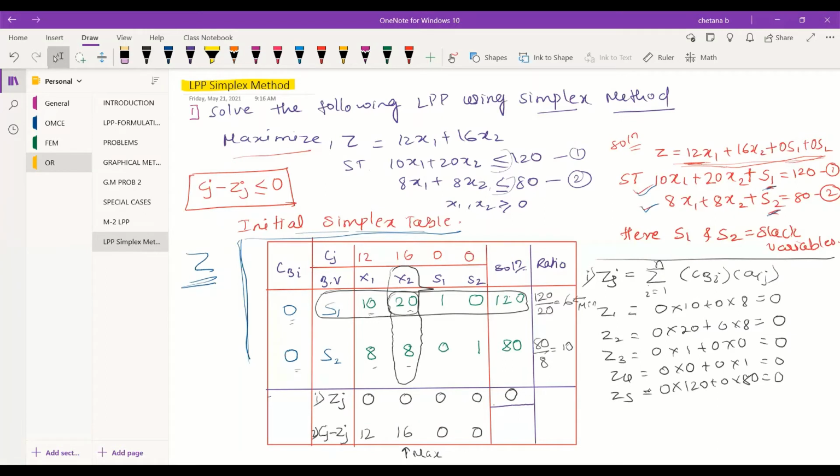To balance again, you need to pick the minimum ratio out of the ratio values. It is not that because it is a maximization problem you need to take the maximum ratio.